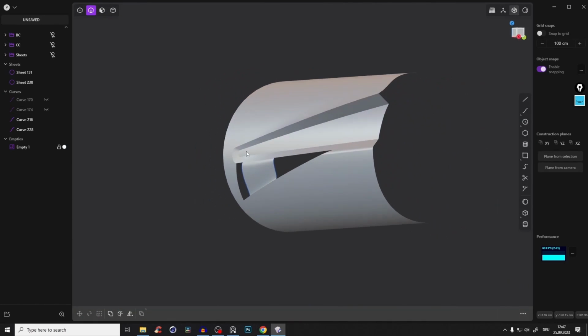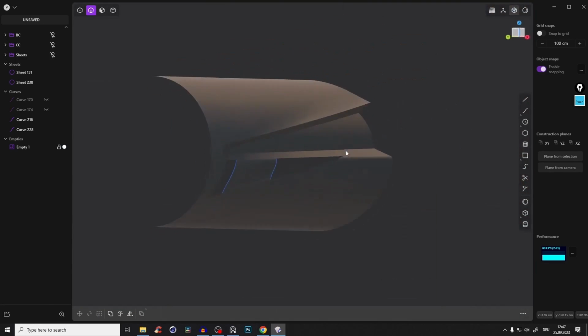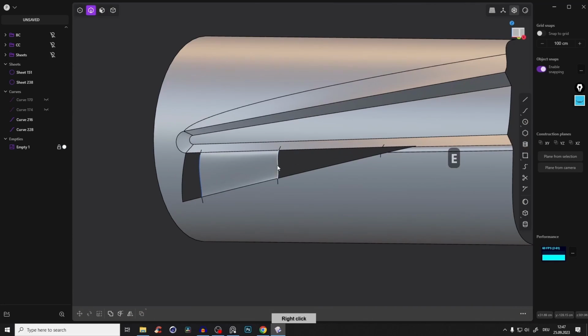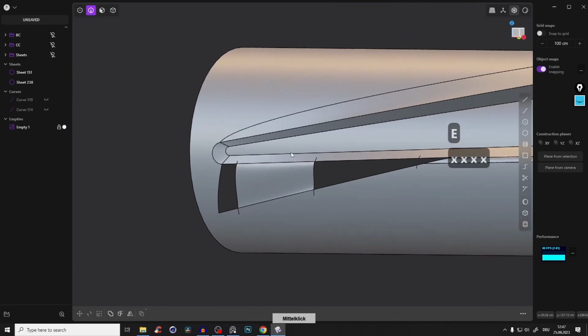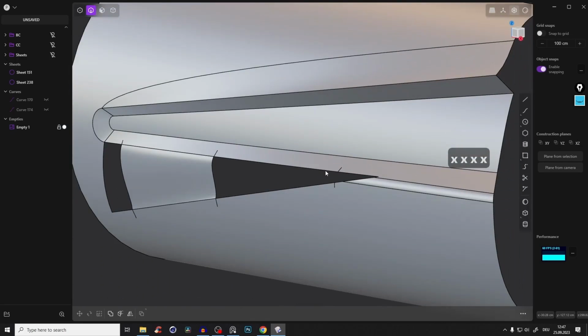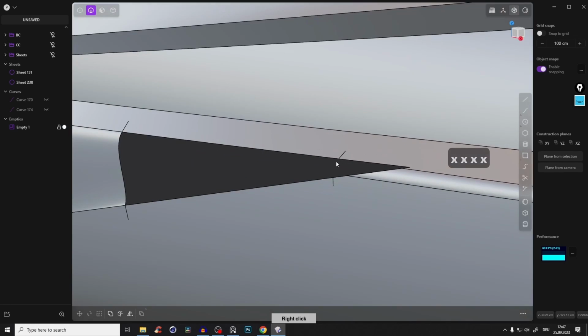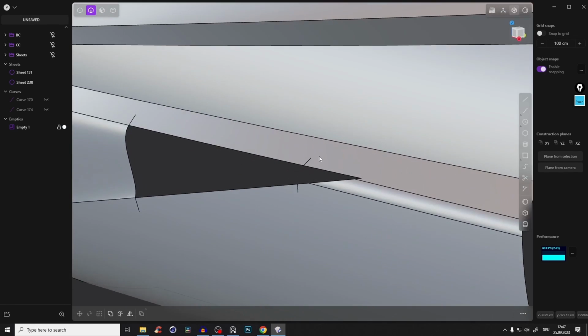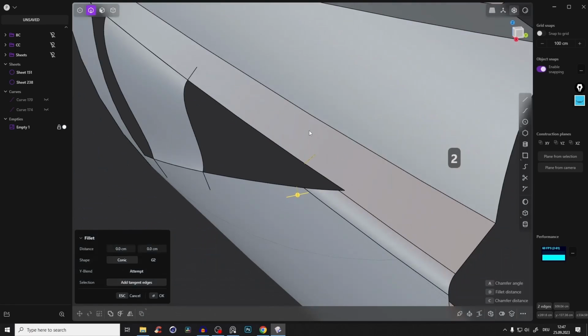Yeah, I really like those effects. It looks really good. So yeah, let's continue. Delete those curves here because we will need those edges. And yeah, okay, maybe this is a little bit too long, but let's just try. So Shift B,